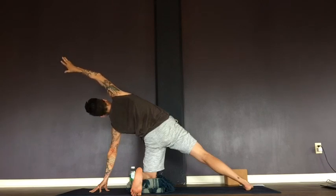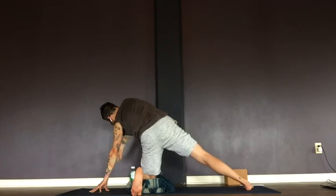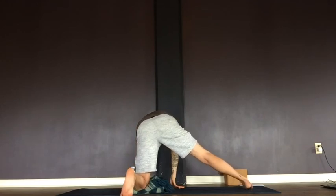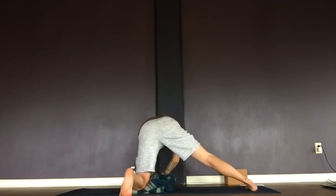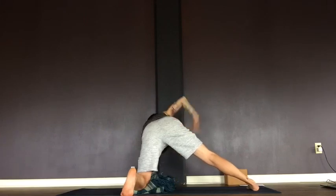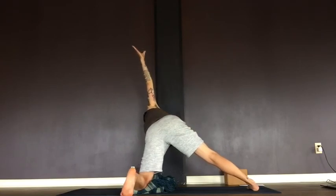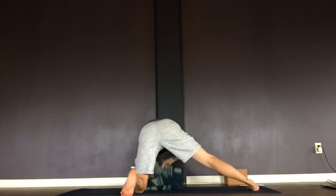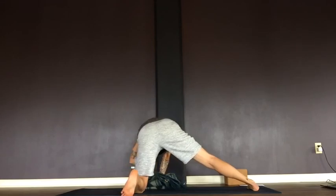On an exhale, you're going to bring the right hand down and walk it in front of your pose. So what would have been the left side of the mat. You're going to keep your right leg in gate pose. And then we're going to take a twist here. So this is going to feel different for different people. So we're going to take the right hand, lift it up, open the chest to the right, and then you're going to exhale, bring the right hand down underneath, and then you might want to adjust your height, your